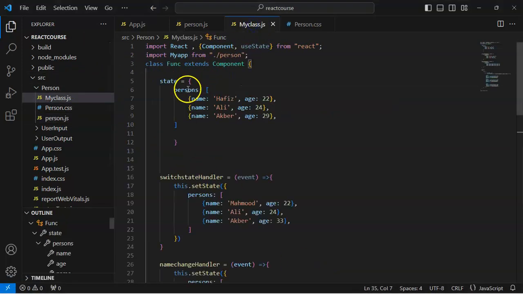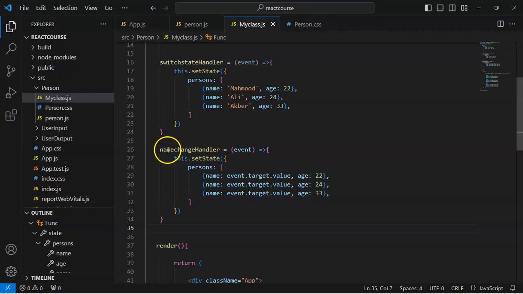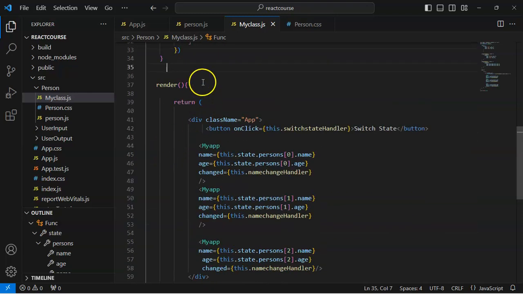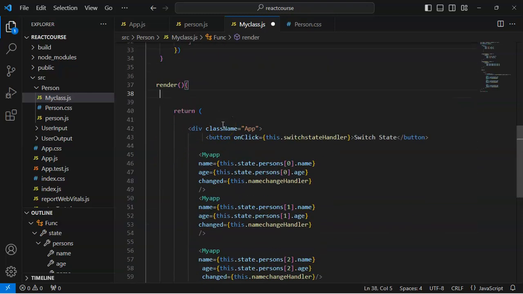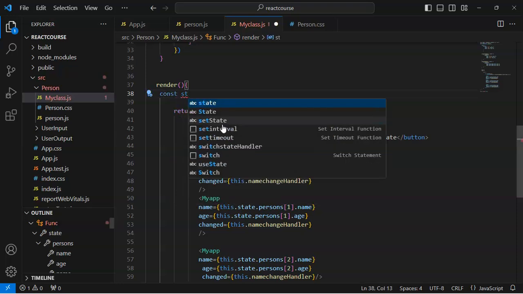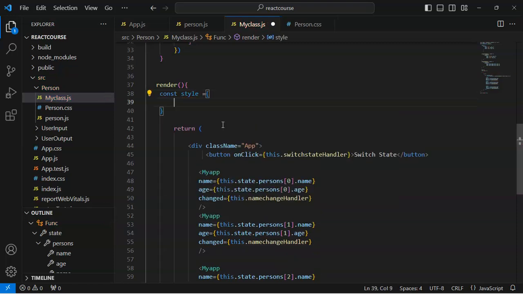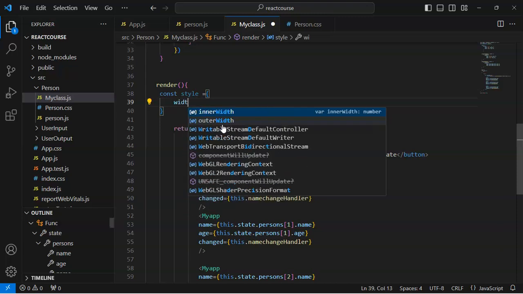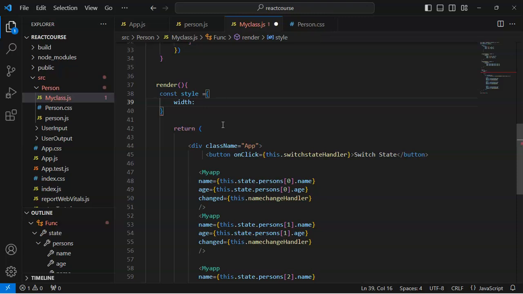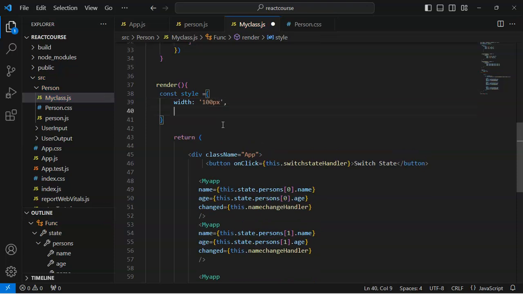First, I want to open my class.js file, and here in the render method, first I want to define one variable, const by name style, equal to, first I want to select width 100 pixel, 100 pixel, and after this